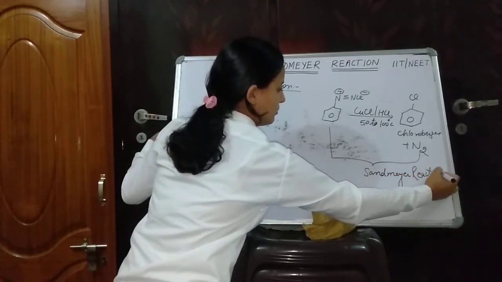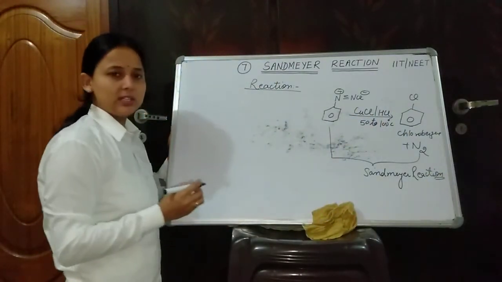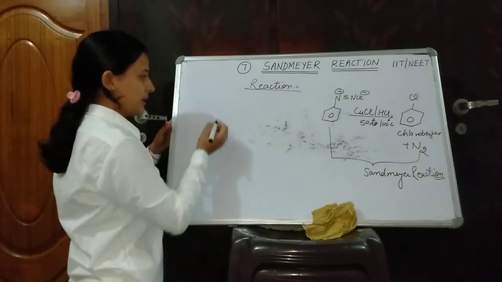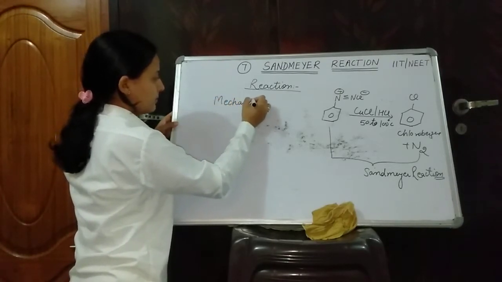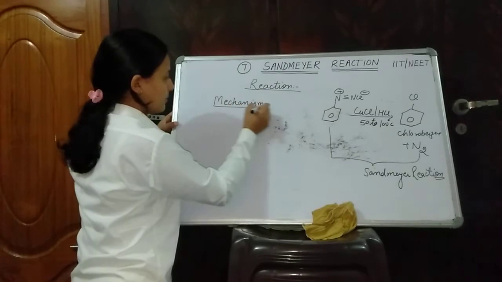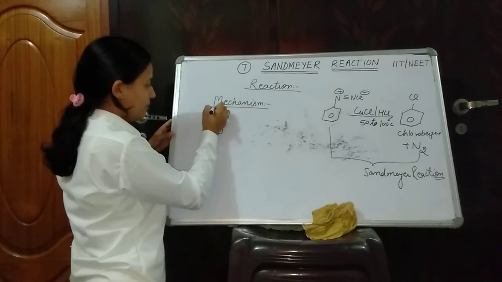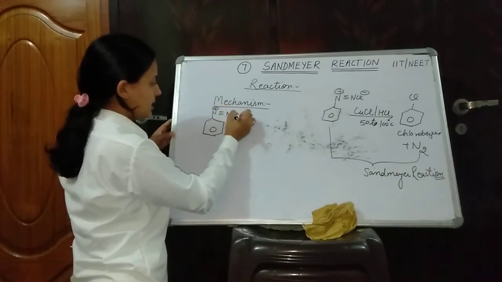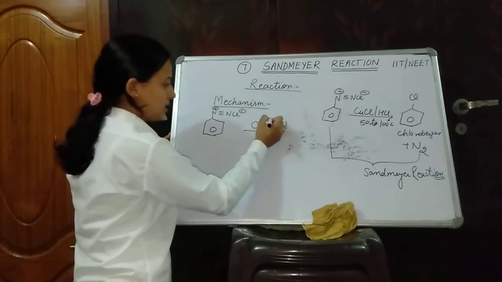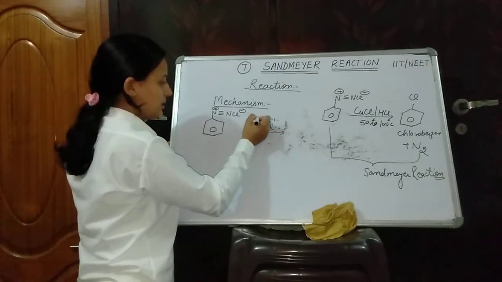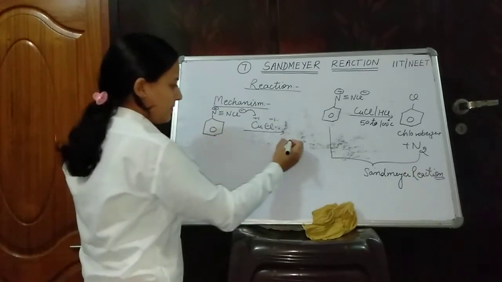Now it's time to realize the mechanism of the reaction. We have to understand the reaction mechanism in a step by step manner. First reaction mechanism step: reaction of diazonium salt, N triple bond N, Cl negative, with cuprous chloride. Here you can see Cl is in minus 1 oxidation state. That's why copper is in plus 1 oxidation state automatically. This will give electron density and formation of